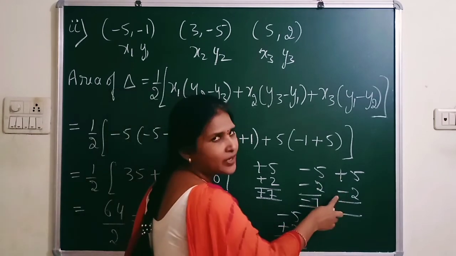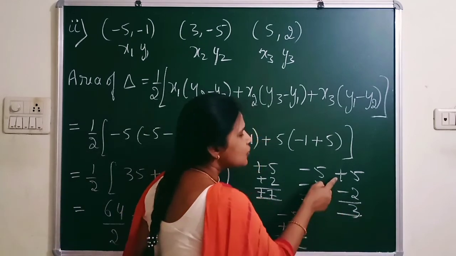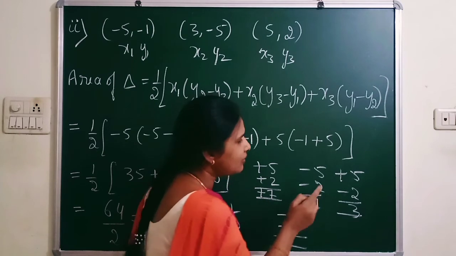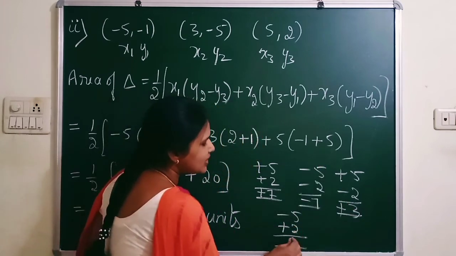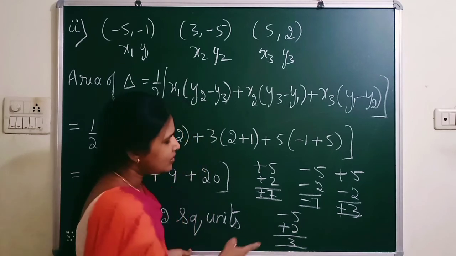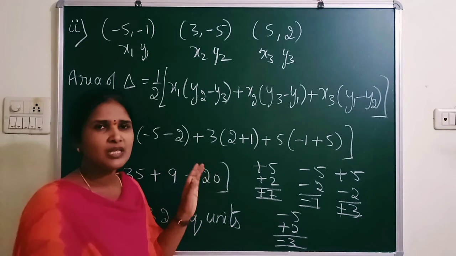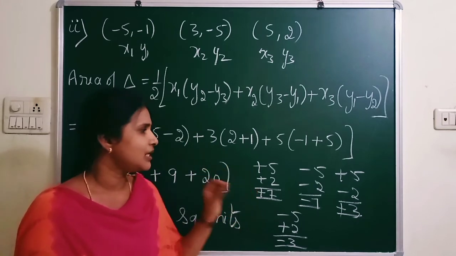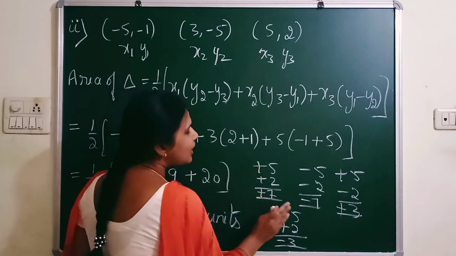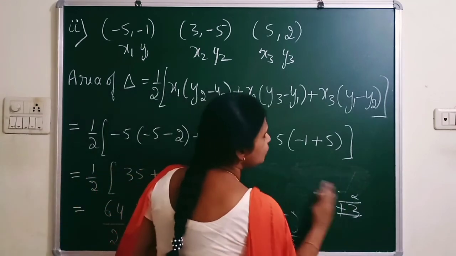Next, signs are different. When signs are different, do subtraction. 5 minus 2, 3. So what is the sign you have for bigger number? 5, that is plus. Plus 3. And 5 minus 2 is again 3 because signs are different. So for number 5 you have bigger number minus, so write minus. So these 4 you have to remember for addition and subtraction, and in case of multiplication you need other 4.